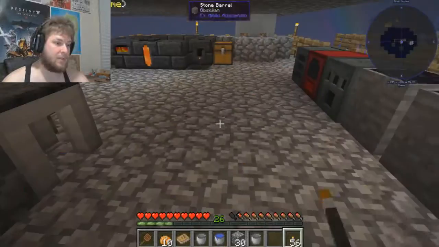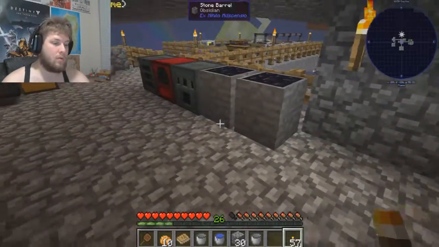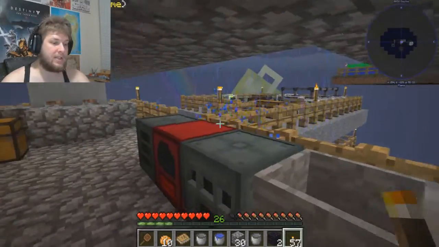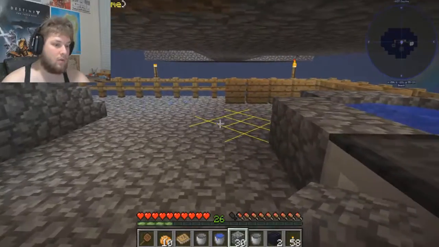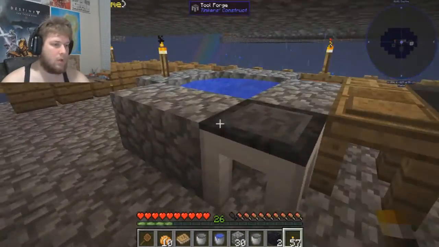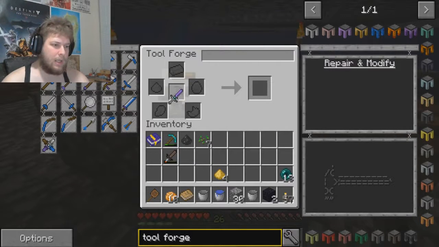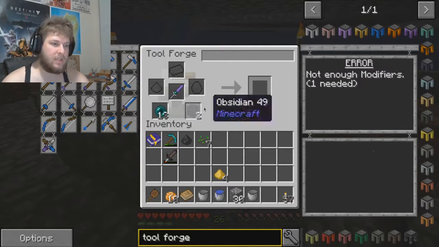So that torch was in a very specific spot. There we go. So that's 2 more pieces of obsidian. That's 2 more levels. Ooh, I washed the torch off of here as well. There we go. So then if I put this back in here with the ender pearl and these 2 pieces of obsidian,